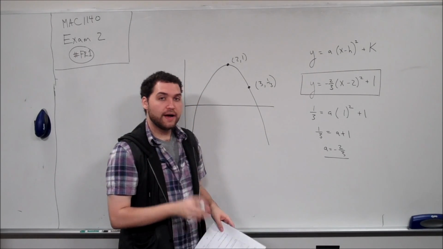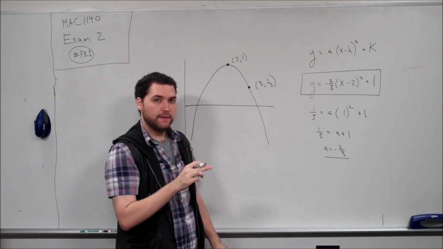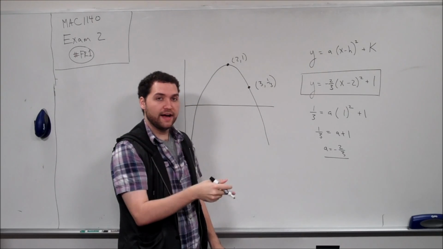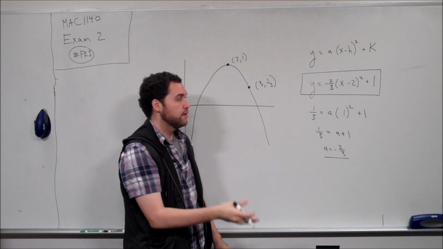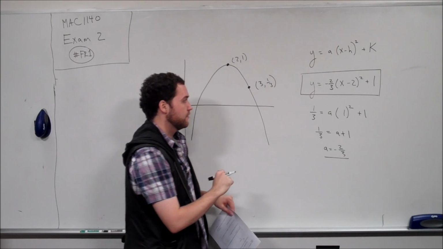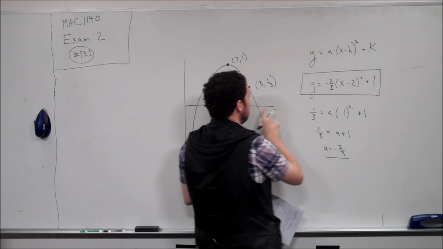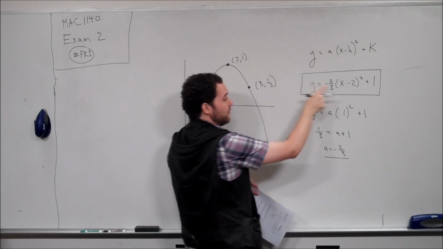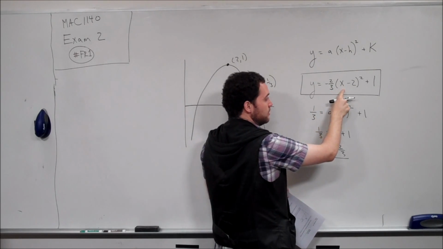They go on to ask you for the y-intercepts. So remember, y-intercepts are simply where you plug 0 in for x. If they wanted x-intercepts, you plug 0 in for y. It's the opposite of what it would sound like. So we go ahead and plug 0 in for x. When you plug 0 into here,